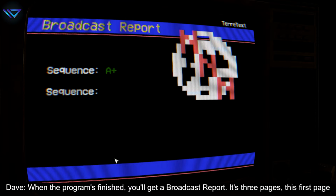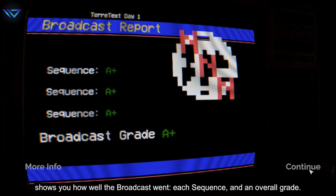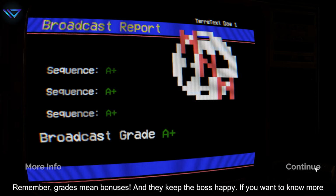When the programme's finished, you'll get a broadcast report. It's 3 pages. This first page shows you how well the broadcast went. Each sequence and an overall grade. Remember,